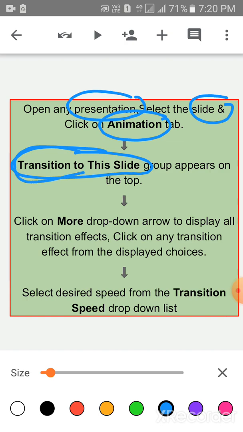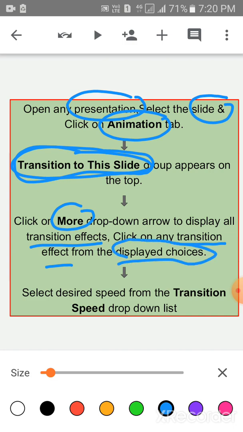After that, click on the more drop down arrow to display all the transition effects. Click on any transition effect from the displayed choices. Choices are there, you have to choose. After that, select the desired speed from the transition speed. You can give the speed also to the transition. Okay. Clear children?